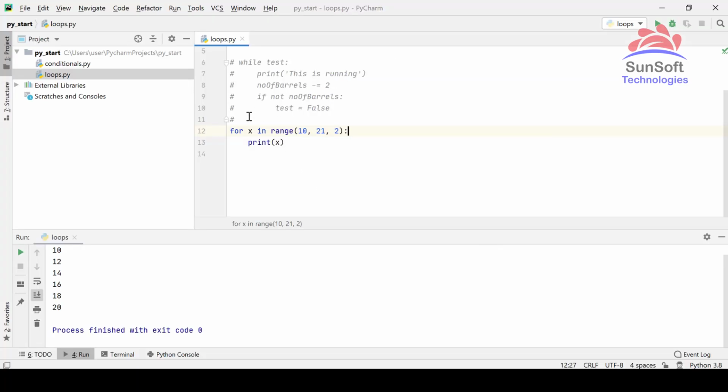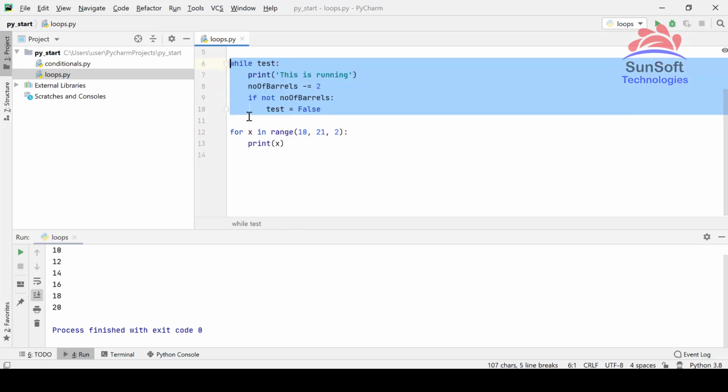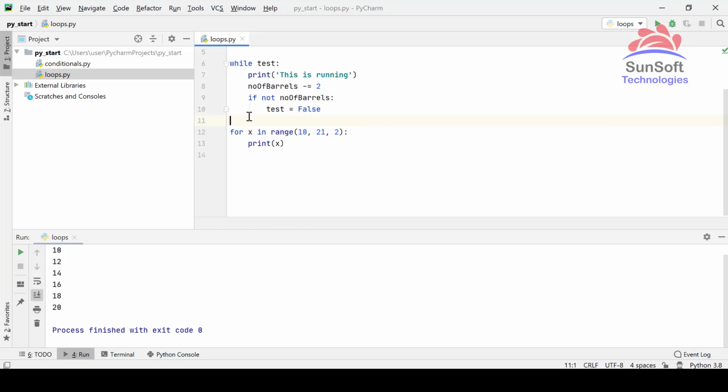So here we are back in this function, and now let me uncomment this as well so that we can see both of them. For now let's comment this. So now what is happening is it is testing for this test variable over here. Once this has been tested, this will return true and keep returning true, and as soon as this turns false, it is out of that loop.